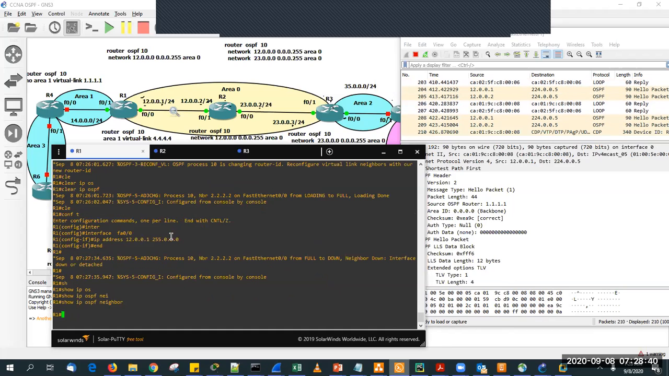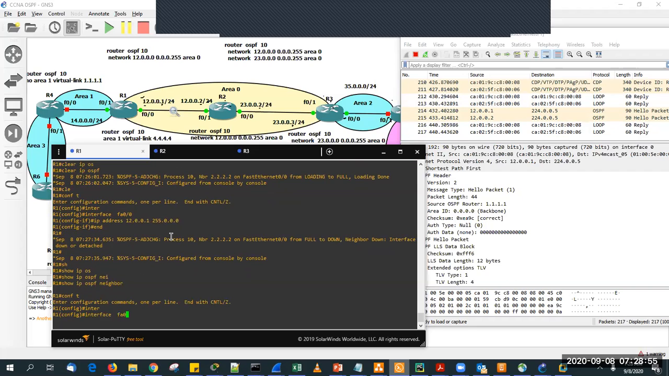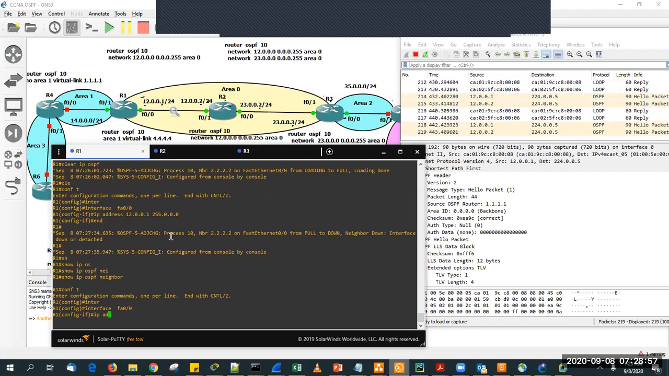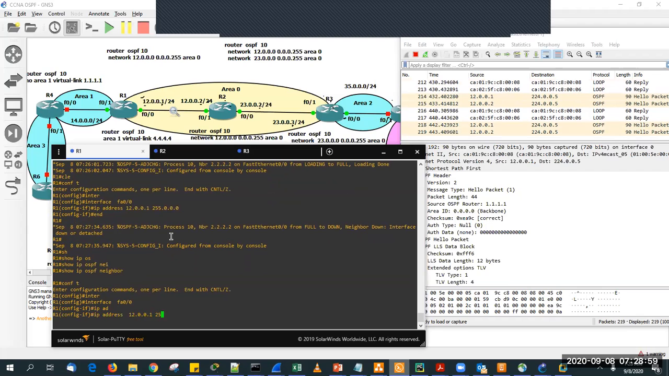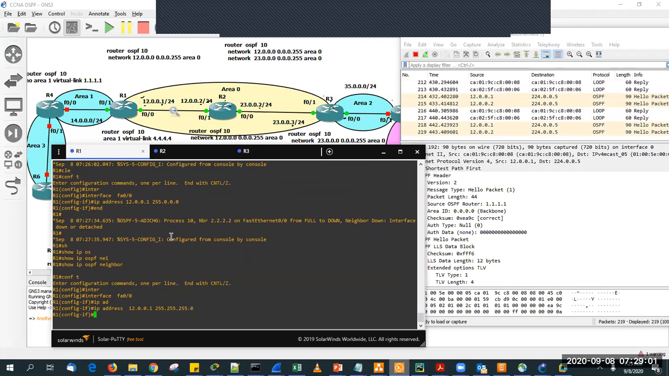And now this time, we saw about network type, we saw about subnet mask, then we saw about router ID. What if the hello time and dead interval are different? In that case, what will happen? Let's check that. Interface FA0/0, IP address 12.0.0.1, 255.255.255.0. Now IP OSPF,